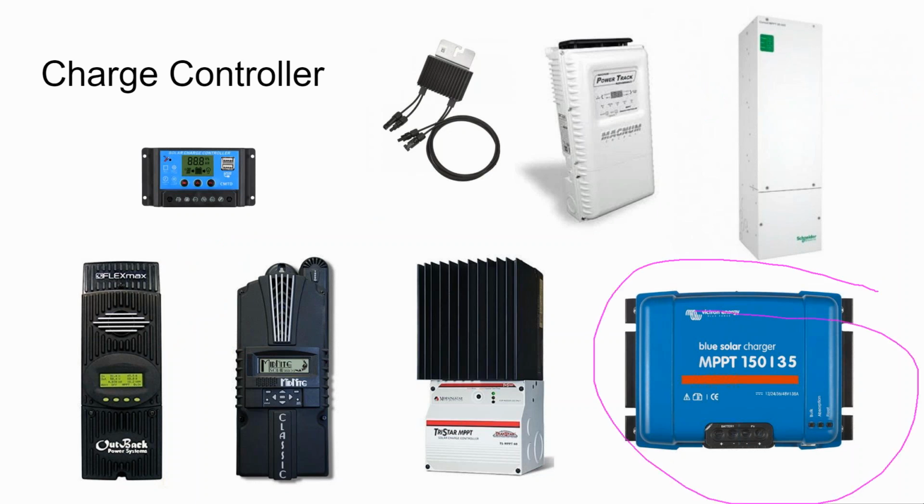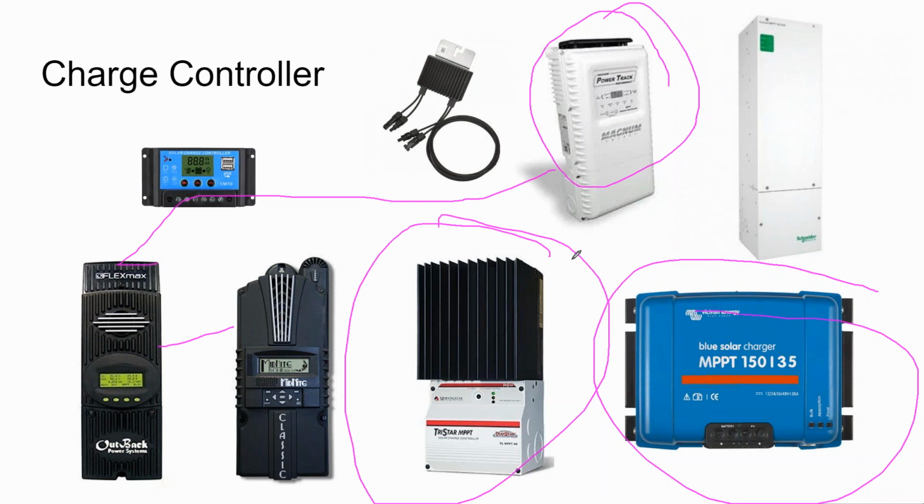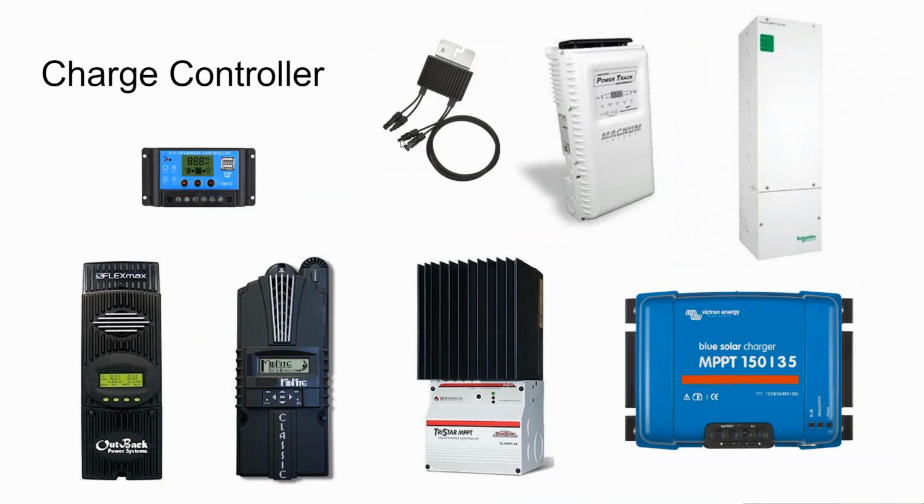Victron is very popular in Australia. Magnum is a good kind of budget version of Outback. Midnight is generally considered a little bit more high-end than Outback. And then there's TriStar, which is another 600 volt charge controller worth considering. I just don't have any direct experience with them, so I can't really vouch for their quality. But I would put them in the same kind of category as Schneider, except they're a smaller company.